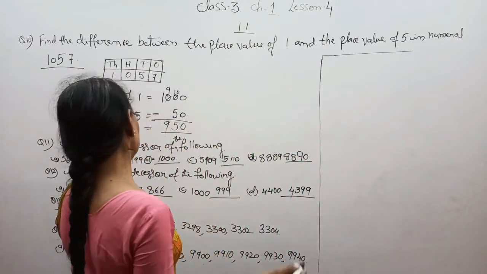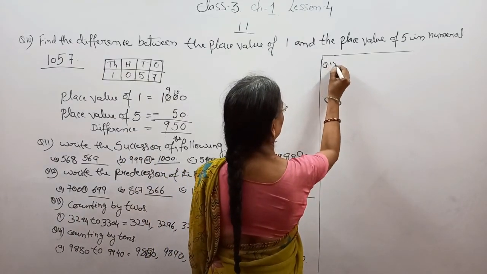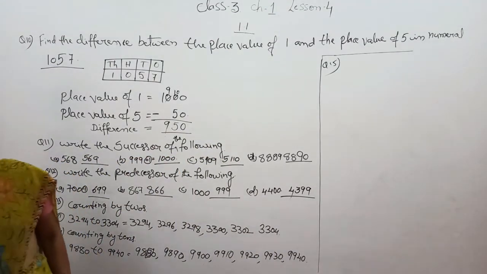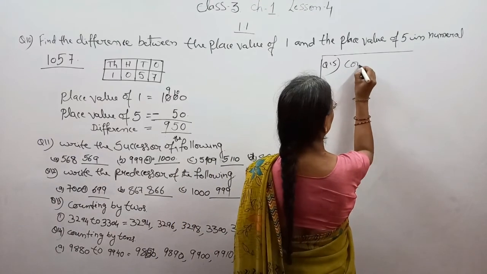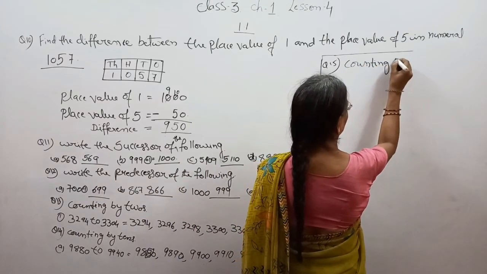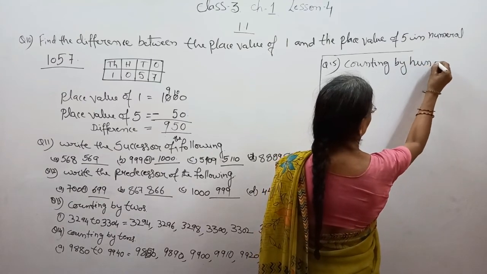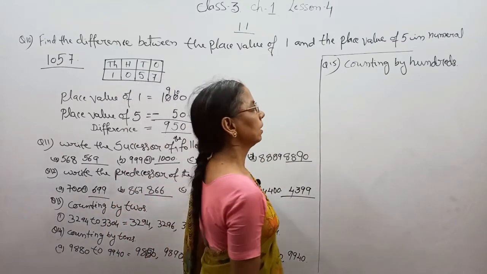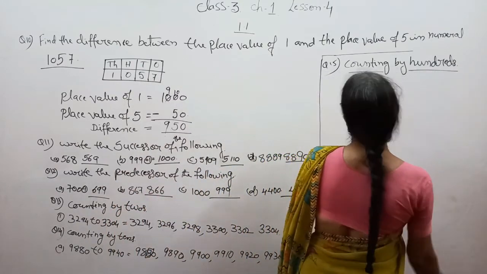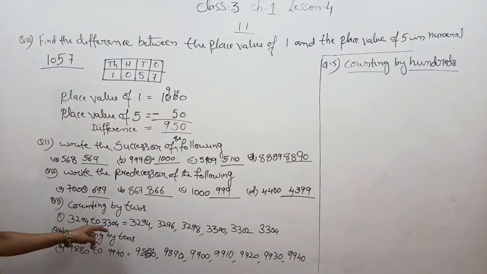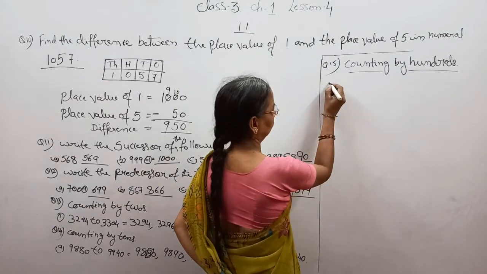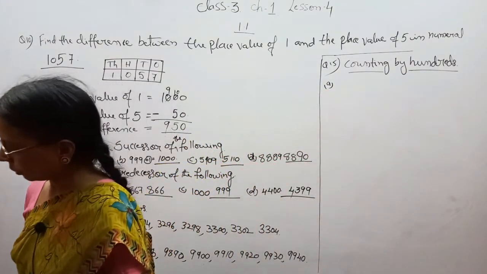Now question number 15, that is counting by hundreds. यहाँ पे हमें प्लेस ऑफ हंड्रेड्स में नंबर्स चेंज करने हैं. क्वेश्चन नंबर 13 में वंस के प्लेस में नंबर चेंज हुआ है. क्वेश्चन नंबर 14 में टेंस के प्लेस में नंबर चेंज हुआ है. क्वेश्चन नंबर 15 में हंड्रेड्स के प्लेस में नंबर्स चेंज होंगे. That is, the question is